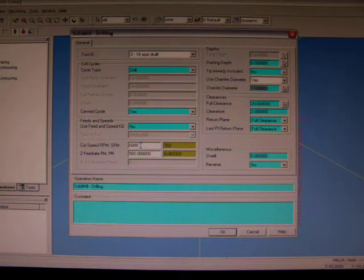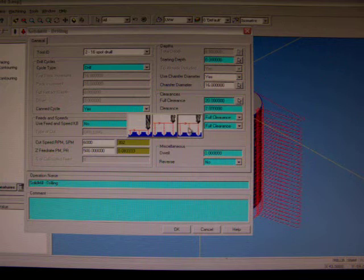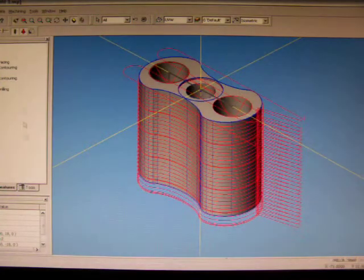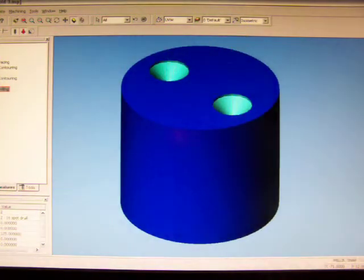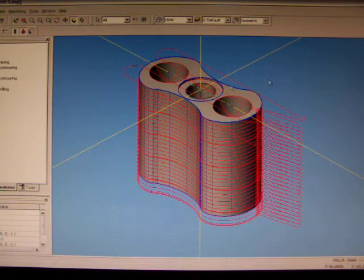I'm going to use what's called a chamfer diameter, so that's how deep it's going to go to chamfer. In this case our drill and our spot drill is the same diameter, so it's not going to work, but we'll just put it in there anyway. And our clearance options, just like that, and then it puts some spot drills in. So if I go hit that, you can see it's going to come along and put a couple of little spot drills in. We'll do it for our centre hole as well,